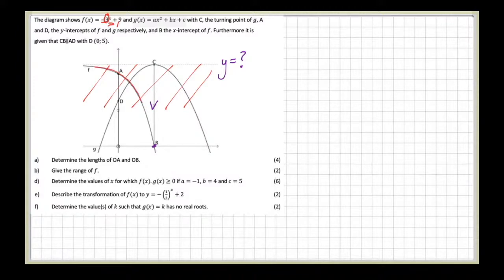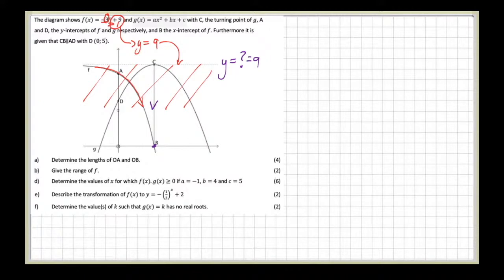Okay? Let me leave that one there. And then lastly, the plus 9 is the asymptote. Oh, but that's fantastic, because that then is the turning point of my parabola. Fantastic. The y value. I would still like the x value of your turning point, but let's quickly look at